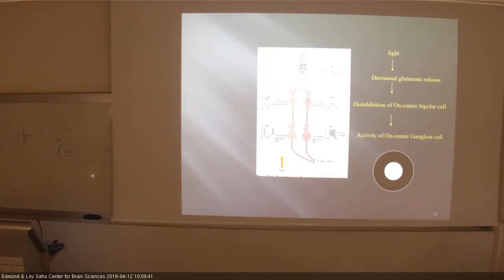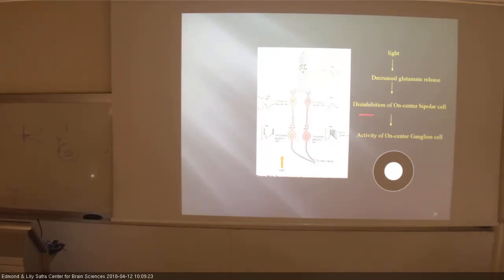At the next level, these bipolar cells are connected to ganglion cells, and notice that here again, there's no spikes. Okay, the level at which spikes occur is at the on-center ganglion cells, and if enough on-center bipolar cells converge on this on-center ganglion cells, then you get spike at the level of the ganglion cell here. And okay, so if you present light here, okay, at this area, if enough of these photoreceptors are activated, information is transmitted to this bipolar cells, leading to activation of these on-center ganglion cells. Okay,